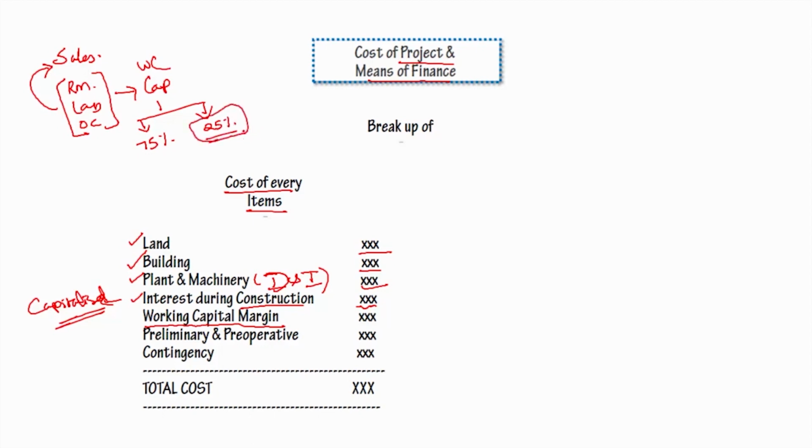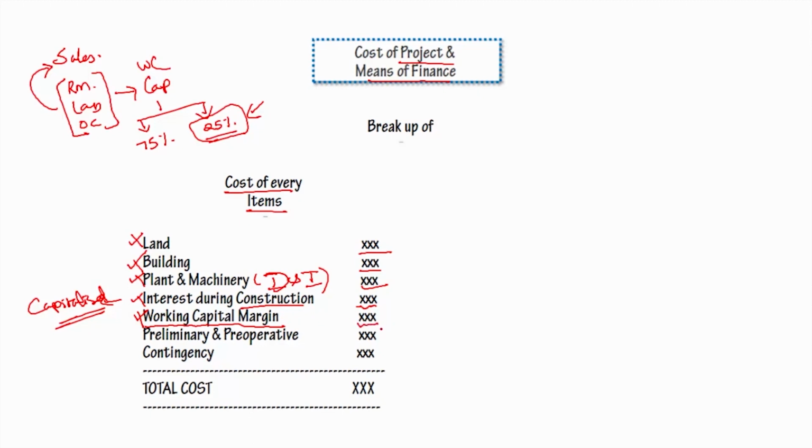But the borrower is already asking for a loan for starting this project. He is asking for a loan for purchasing land, building, plant and machinery, and interest during construction. Then he is actually not in a position to bring this 25% gap. So this 25% gap, that is working capital margin, can also be considered as part of cost of the project. If that project is going to result in additional working capital or create a new working capital requirement, then that working capital margin can also be loaded as part of cost of the project.